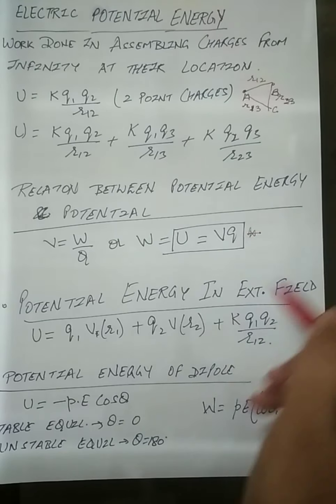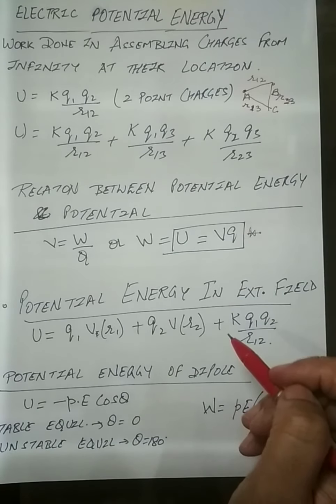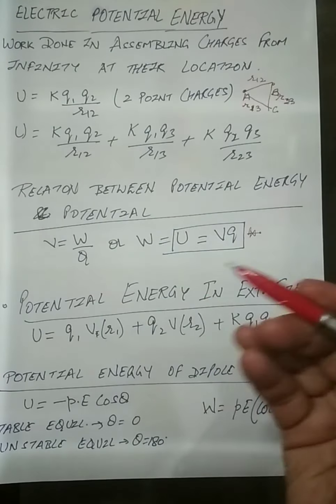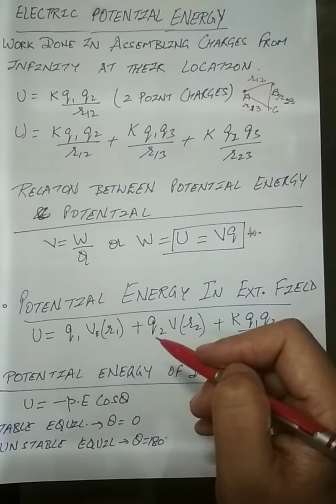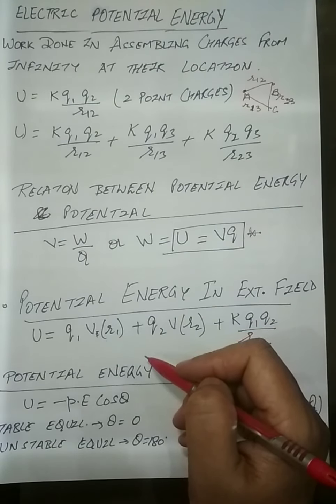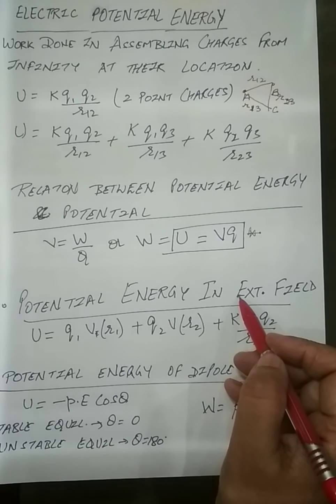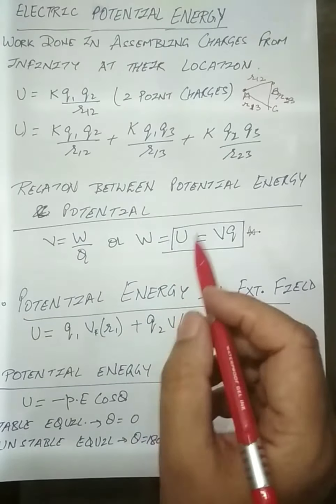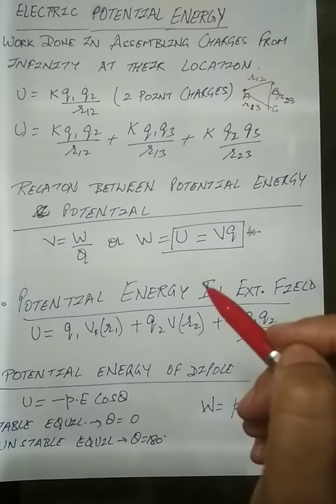Alright. Next, we have the potential energy in an external field. That means these 2 charges are present in some external field, then what will be my formula? I'm not explaining the numericals, I'm just explaining the concepts here. You have to remember this formula again. It's difficult to explain, children. You generally remember this formula. But this formula is for when the 2 charges are in some external field. They are not in the field of each other.